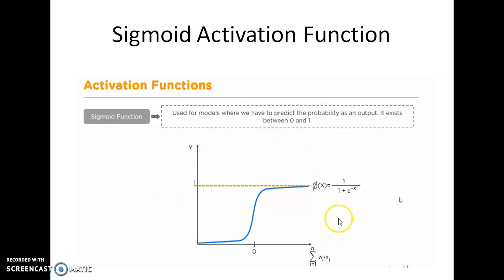When we observe this diagram, when the activation value is negative or near 0, the output of this function is near 0. Once the activation value exceeds 0, the output smoothly increases towards 1, and once it reaches 1, it gets saturated at 1. So when we use the sigmoid activation function, the output is between 0 and 1.